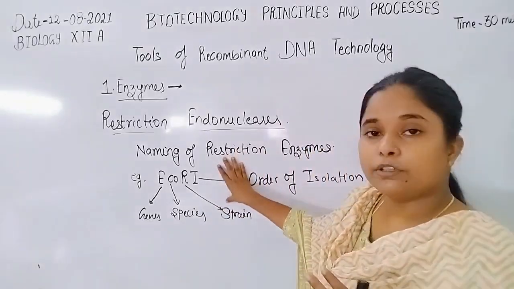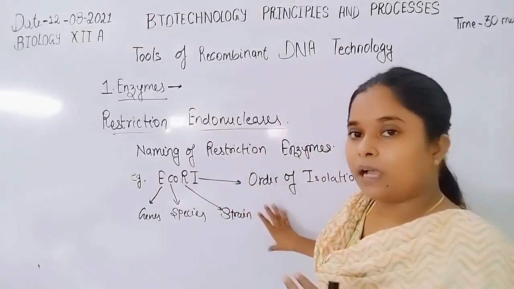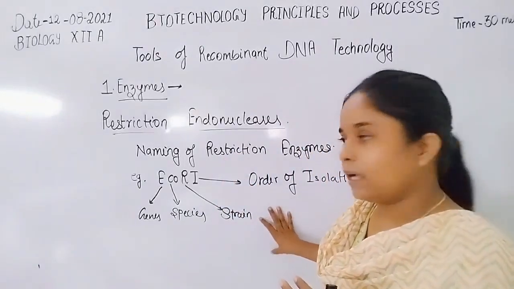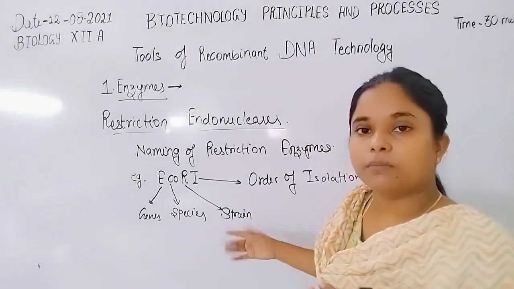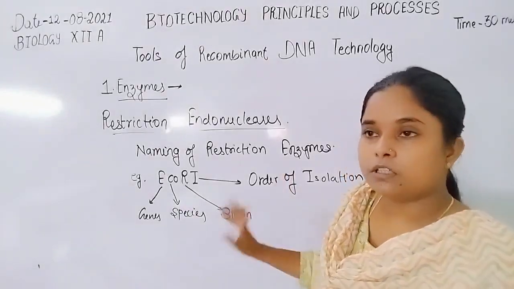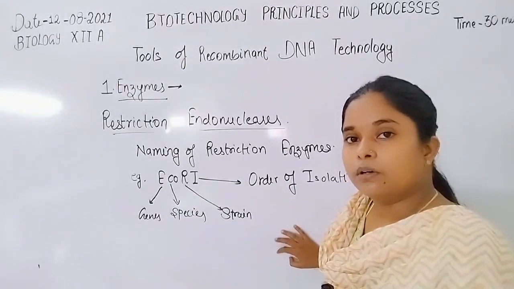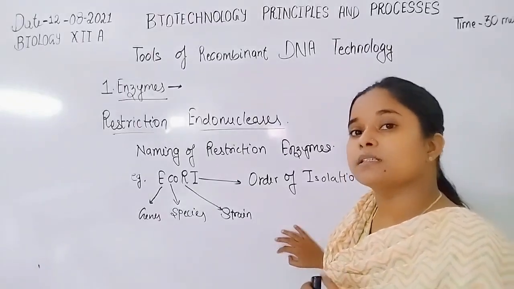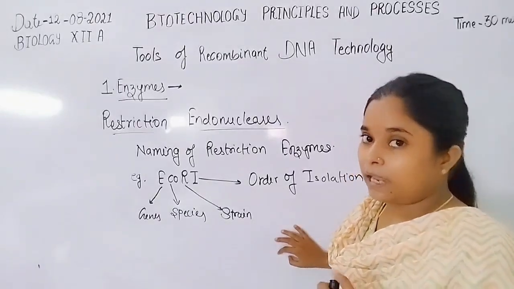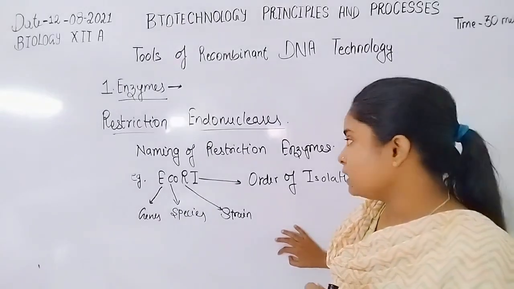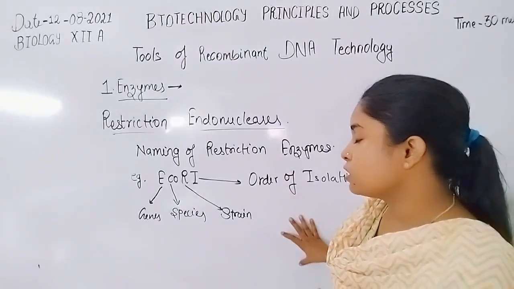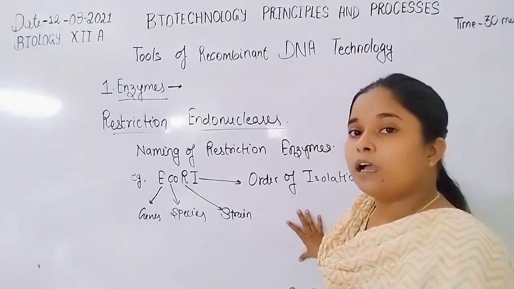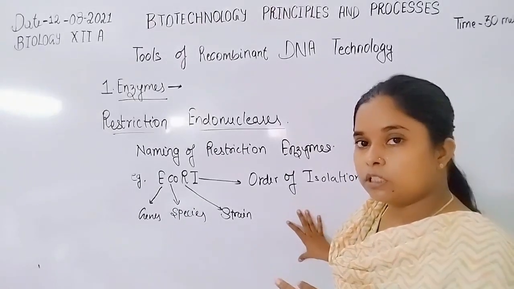The restriction endonuclease enzyme is isolated from E. coli, that is EcoR first, or from the bacteria Hind. The first is Hind second, which was isolated by two scientists in 1968, Wilcox and Kelly, and they identified that this restriction enzyme has a recognition sequence. They cut only after identification of the recognition sequence.